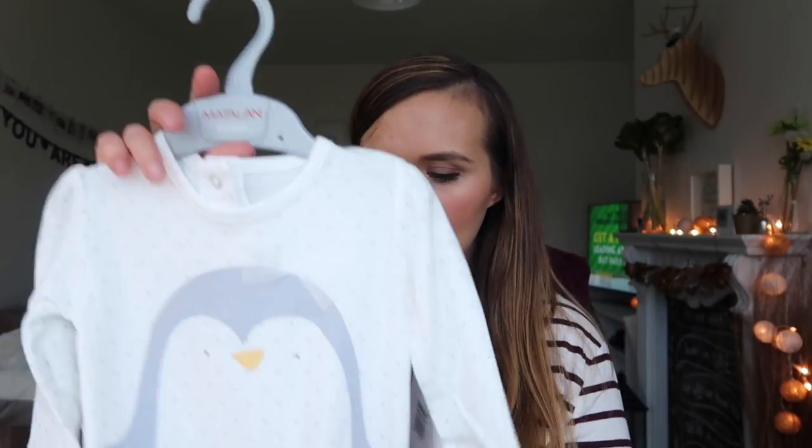I got this in 9 to 12 for her because by Christmas she'll be 8 months, and typically with Daisy she kind of moves up to the next size around a month or so early, so hopefully that will fit her then. And then in 6 to 9 months, just in case, I got this,